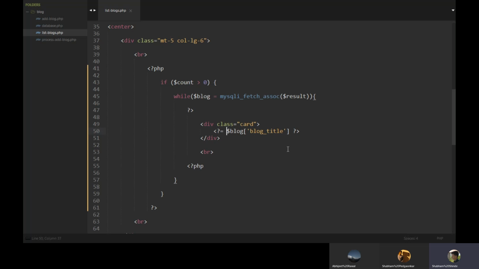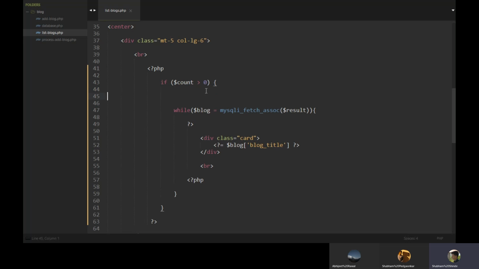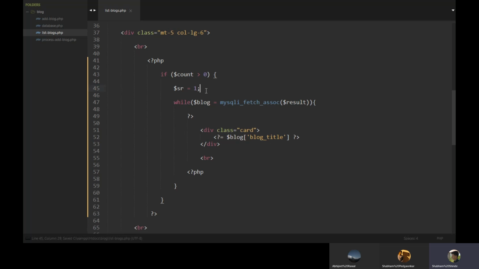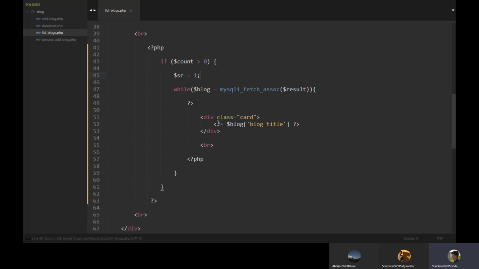Now we will print numbers, serial numbers. Before while we will create a dummy serial variable and assign it 1, which will store 1, and we will print that here.